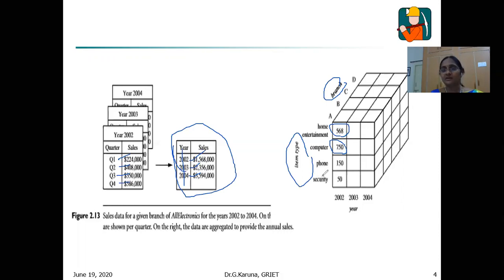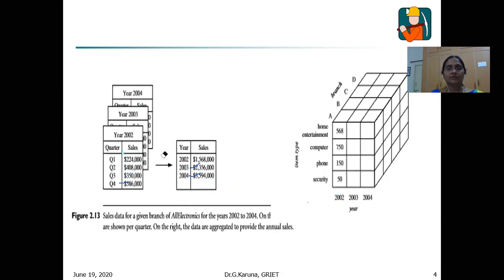How many computers were purchased at branch A? That is 750. How many mobile phones were purchased at branch A? 150. Similarly, in this cuboid, all the values are available for branches B, C, D also. So we get the aggregation values cell-wise. Each one is one cell.